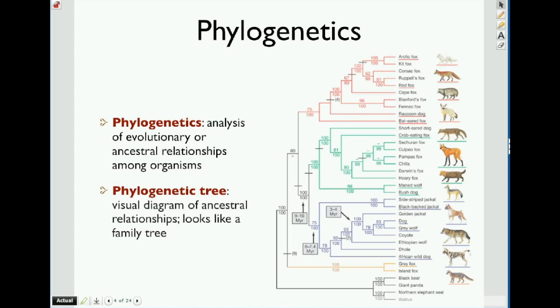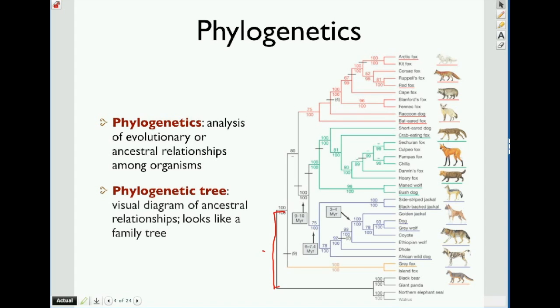So now we can talk about phylogenetics, and this is actually more recent than cladistics. So a cladogram was kind of made, it's kind of back in the day, that's what they did. It looks very similar. The only thing is phylogenetic trees are actually based on DNA. And so again, it looks like a family tree. So it's the same kind of thing, right? It looks like